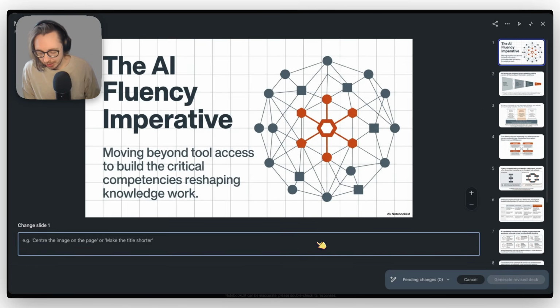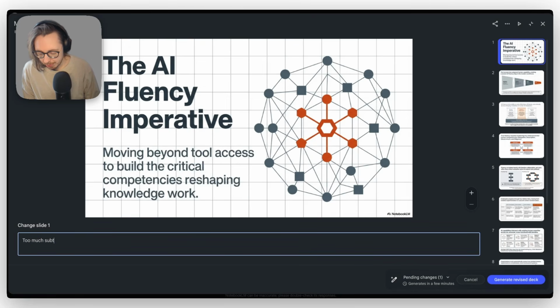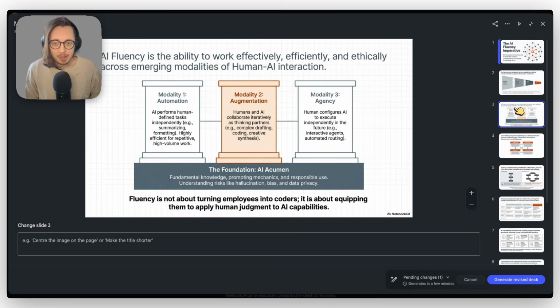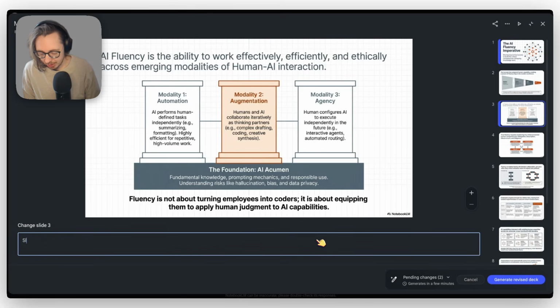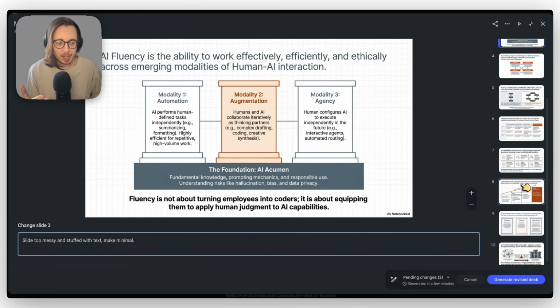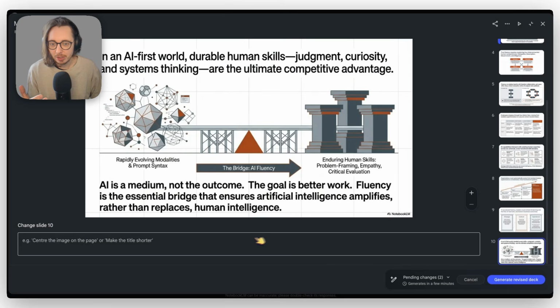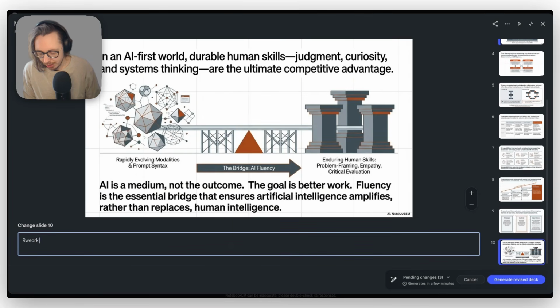So an example here, I'm going to say too much subtext here, make this shorter. Not the best feedback, but it helps. And then we'll go to some of these. I'm going to say slide too messy and stuffed with text, make minimal. And I'm doing very simple revisions for the purpose of this demo, but you can get as deep as you want. I really don't like this slide here, so I'm just going to say rework this slide to be cleaner and easy to read